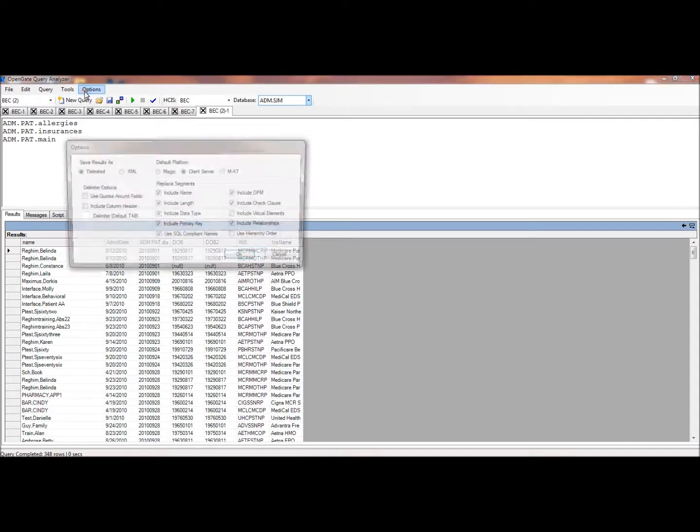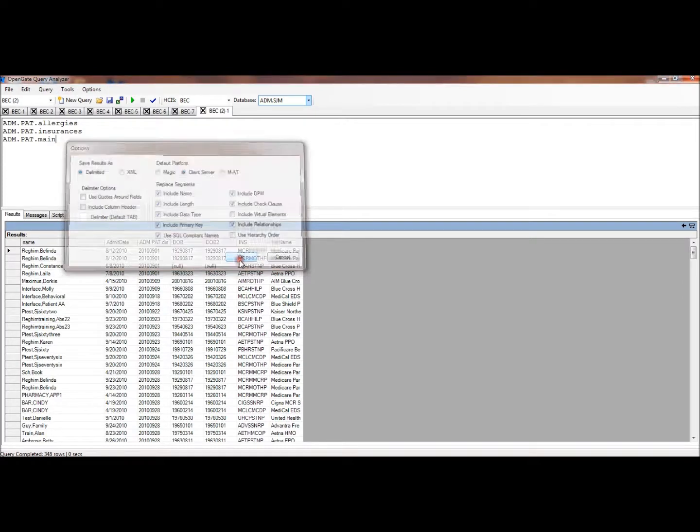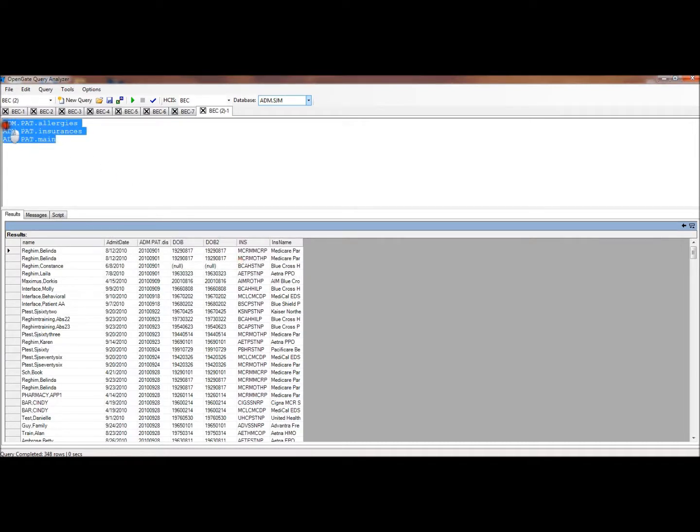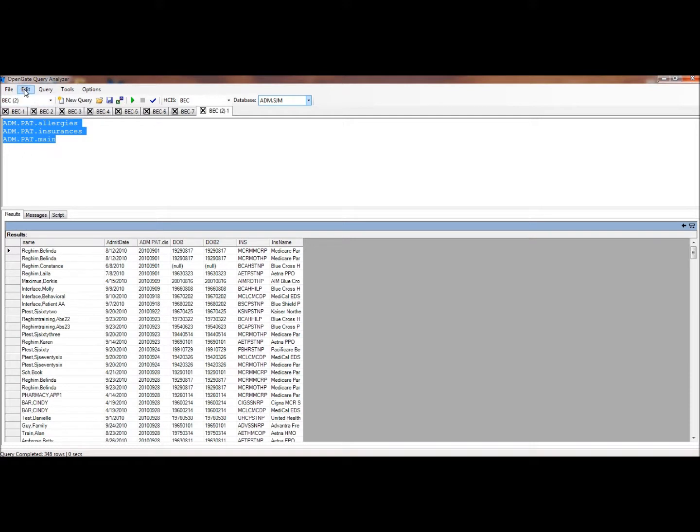I can use my options to decide how I can save results out as, or to help me include or exclude things within my query. So I can say use SQL compliant names, and it will change the dots to underscores, which makes it easier to import into SQL. I'm using client server. I'll include the data type, include the primary keys, I'll include the relationship in DPM. Okay. If I highlight these three segments, go to Edit, replace segment with SQL,